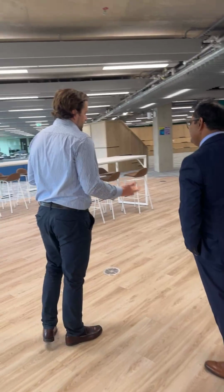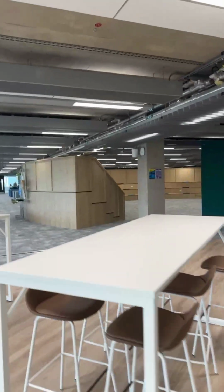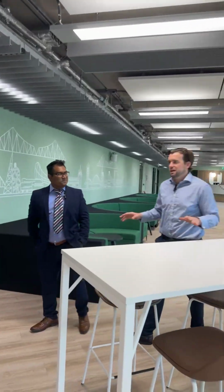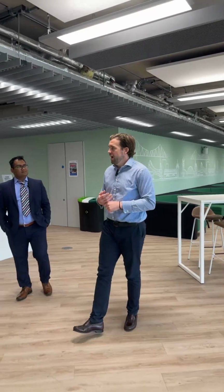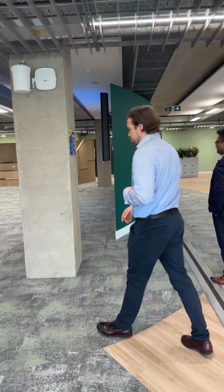So when Walid and I were here at the campus last, it was a shell of a place. It was just an empty building, but with the investment which the university's made, it now houses and is home to some fantastic facilities. I'll just lead you through to our auditorium area, which is just here in the centre